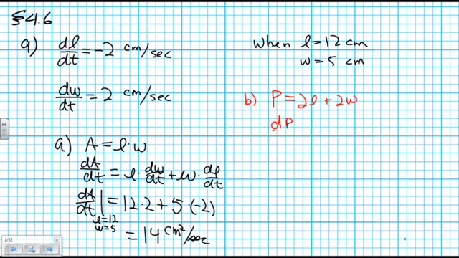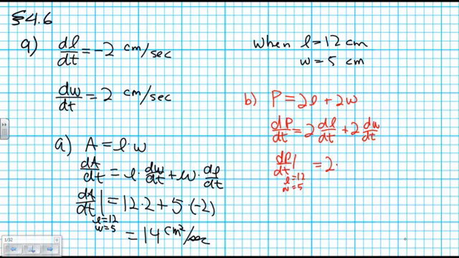If we take the derivative of both sides of that with respect to time, we're going to end up with 2 dL/dt plus 2 dW/dt. And then if we want to find it at the particular instant when L is 12 and W is 5, we're going to end up getting